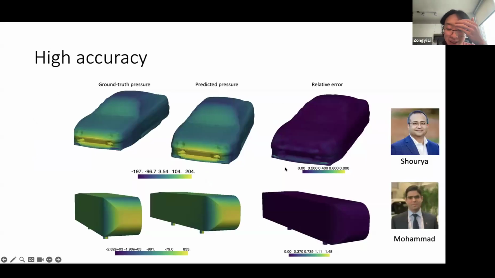But again, it's kind of expensive because we need to use a fine 3D latent mesh. Usually it needs to be like 100 cubed, which is 1 million mesh points, about the same size as the mesh size. So it could be expensive, and the accuracy on the geometry really depends on the resolution of the latent mesh. If the mesh is too coarse, we just miss out the small detail, right?